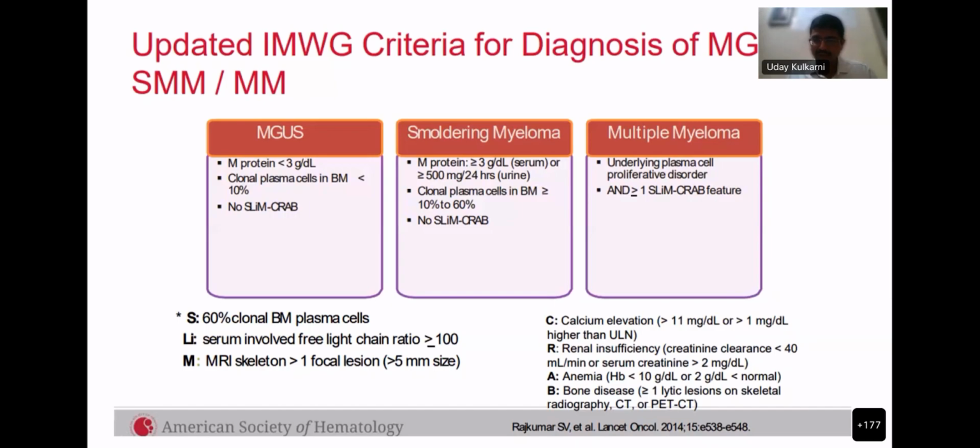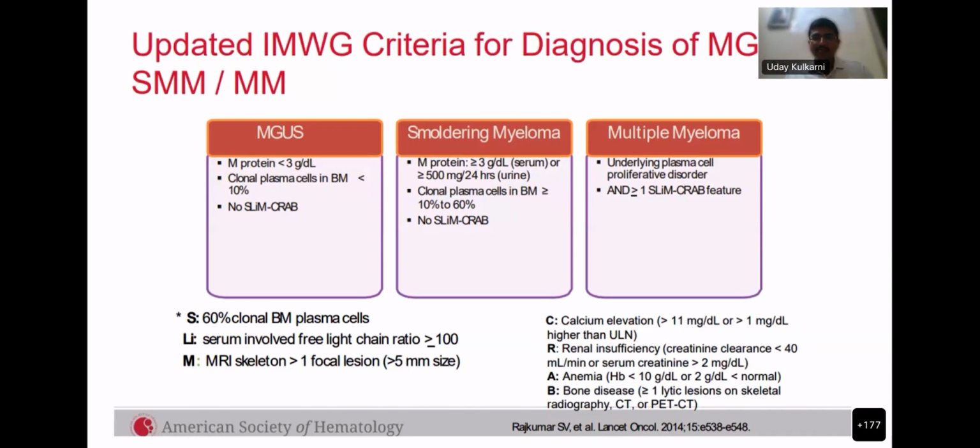Renal insufficiency would be detected on routine biochemistry. Anemia or bone lesions, these are all evident forms of disease. The revised criteria included myeloma defining events: if there is 60% clonal bone marrow plasmacytosis, that itself is a myeloma defining event. So you don't need any further derangement in calcium or hemoglobin or creatinine or bony lesions